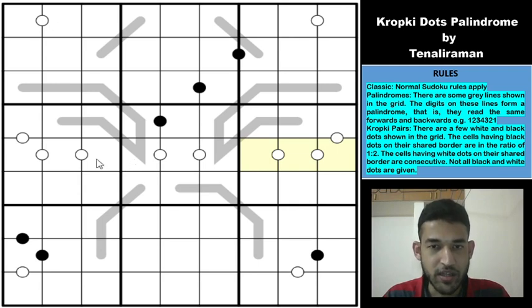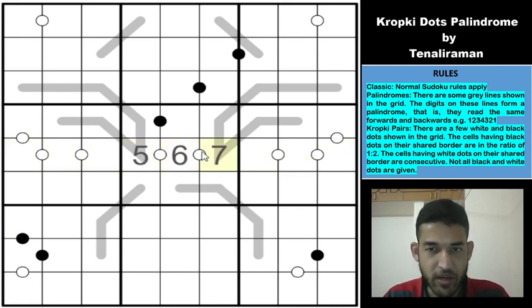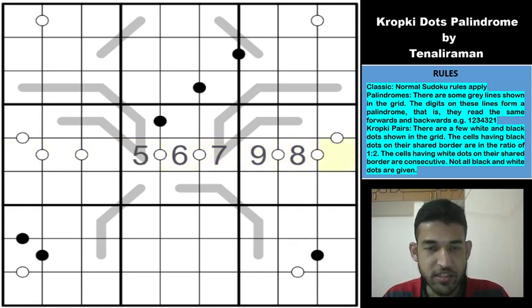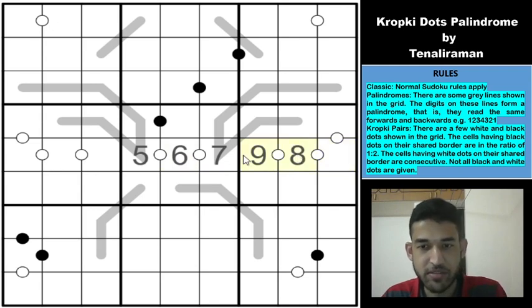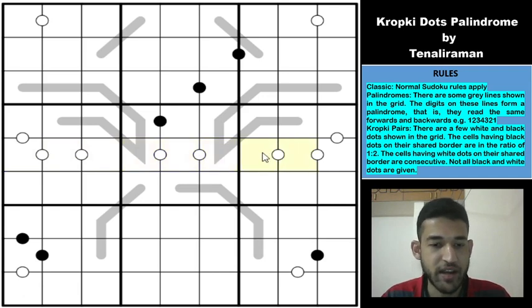Because there is no other way by which you can have a sequence of dots like this. So for example, let's say we have 5, 6 and 7 in one of the boxes. So what happens quickly is that 9 and 8 will go into one of the boxes, and then we won't be getting a 6. This works the same for any other sequence. So the only way that this dot sequence will work is when we have 1, 2, 3 in one of the boxes, 4, 5, 6 in one of the boxes, and 7, 8, 9 in the other box.